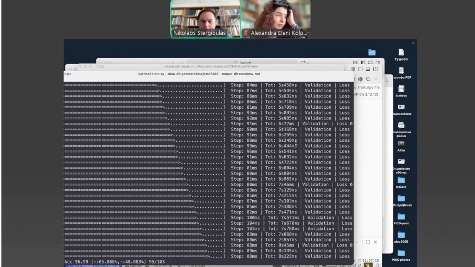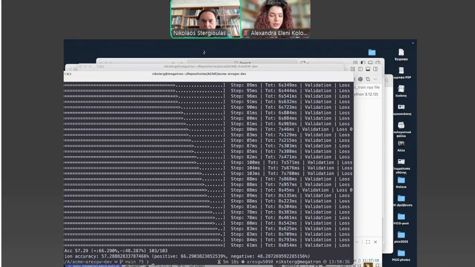There is a question in the chat. Regarding the steps you just mentioned, why do we calculate the number of steps with this formula? Is it good practice we should use in general? Well, it all depends on the number of data samples that you have for training and on the batch size you choose, which is an important hyperparameter.